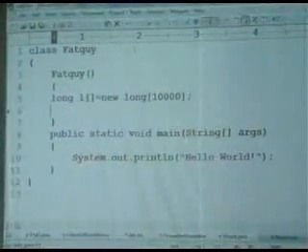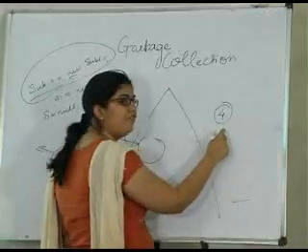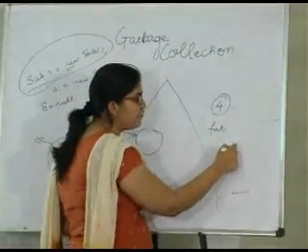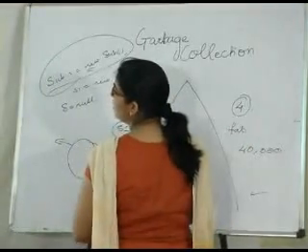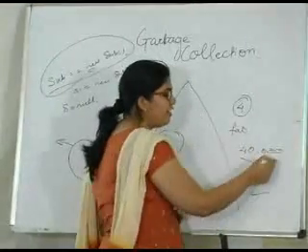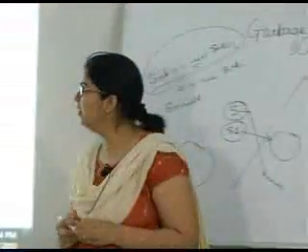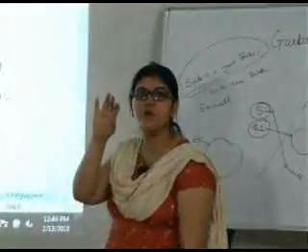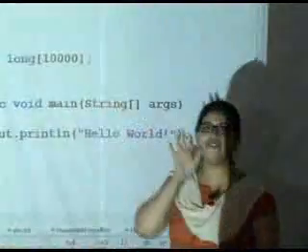That means at a given particular time, whenever I am creating an object of fat guy, I am going to utilize 40,000 bytes. Is it 10,000 or 1,000? 10,000, right? So I am going to utilize 40,000 bytes. That much amount of memory I am going to occupy dynamically once I create an object of fat guy.